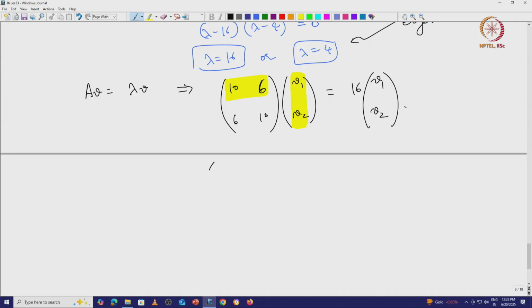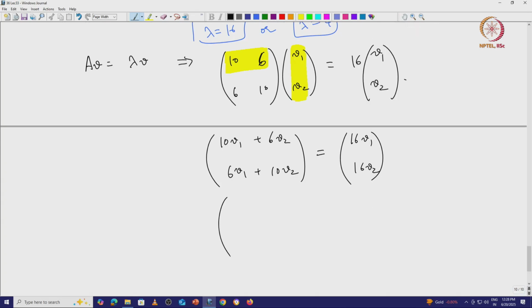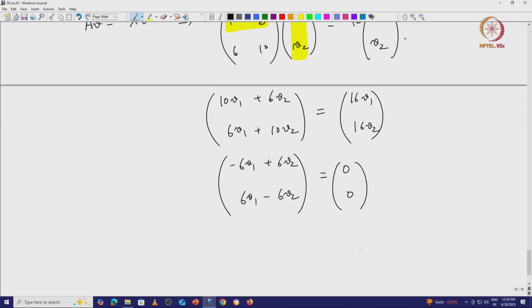So if you multiply the matrix by the vector, you will get 10 V1 plus 6 V2 as the first entry, and 6 V1 plus 10 V2 as the second entry, and both of these together should be equal to 16 V1, 16 V2, right. Now we can bring everything onto the left hand side. So we will have minus 6 V1 plus 6 V2, and here we will have 6 V1 minus 6 V2 equals 0, 0, right. And if you divide throughout by 6, so essentially we have V2 minus V1 and V1 minus V2,